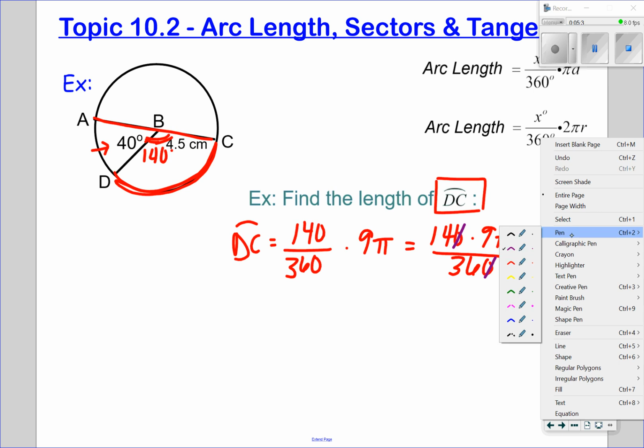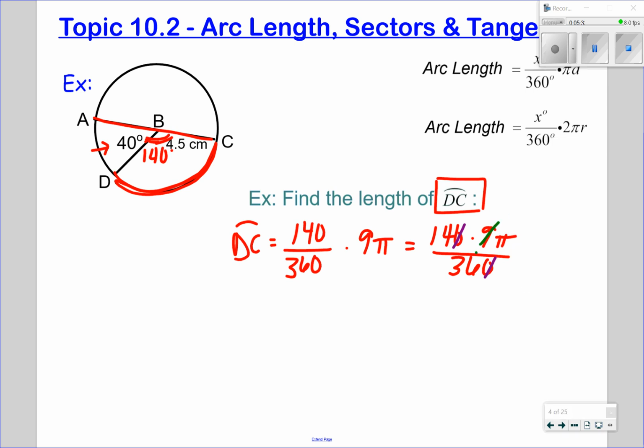And then you might be able to think all in the same step, 9 over 36 is 1/4. So this gives you 14 pi over 4. We're almost there, but 14 and 4 have a common factor also, which is 2. So if you divide each one by 2, you're going to get 7 over 2. So our answer would be 7 pi over 2